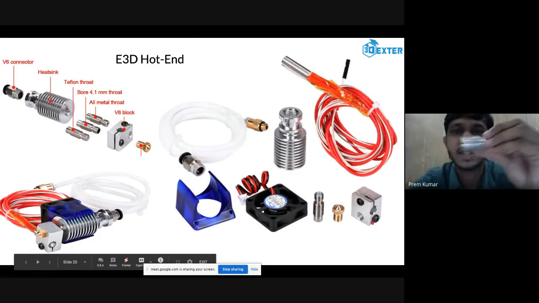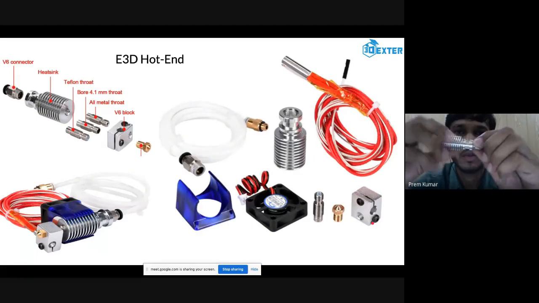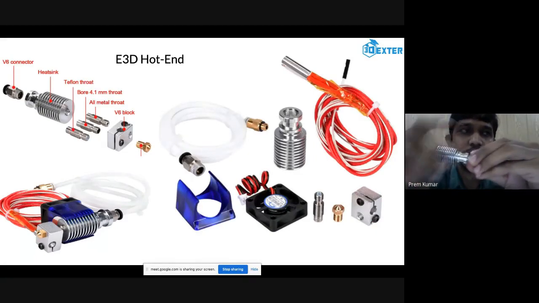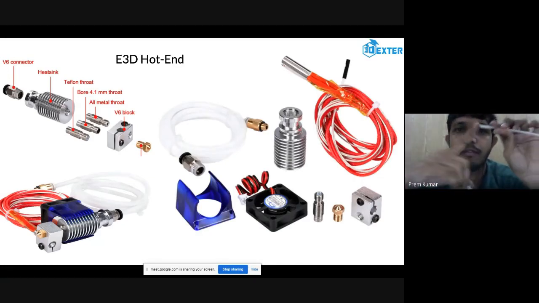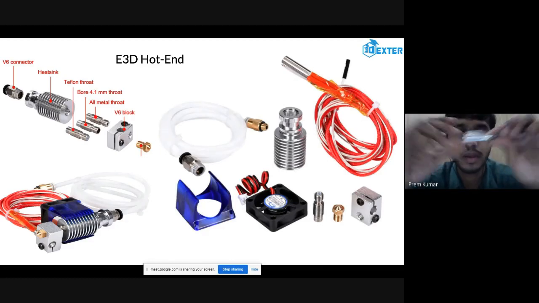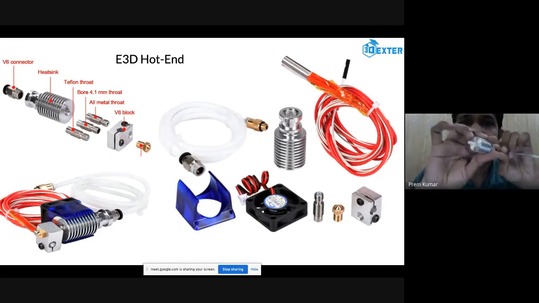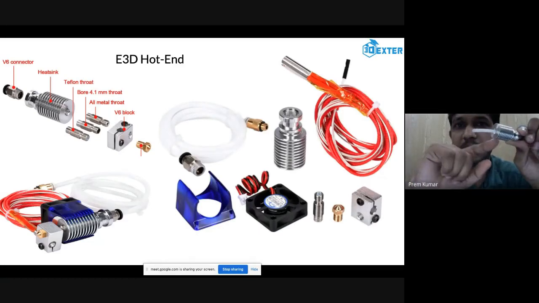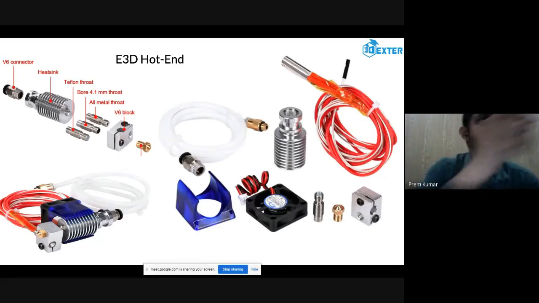So this is the heat sink, which is having a pneumatic connector. You can actually remove it by turning it. And once you fix it, you can fix the pipe. This is the guide pipe. From this, you have to feed your filament into the heat sink like this. So if I completely insert it, there is no throat over here now. If I completely insert it like this, the pipe is coming out, right? So which means the diameter is bigger from here.